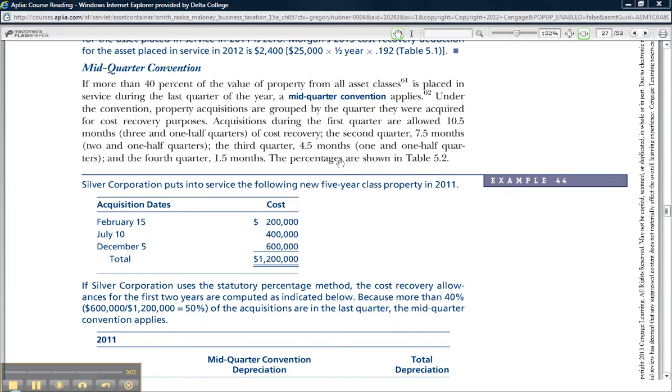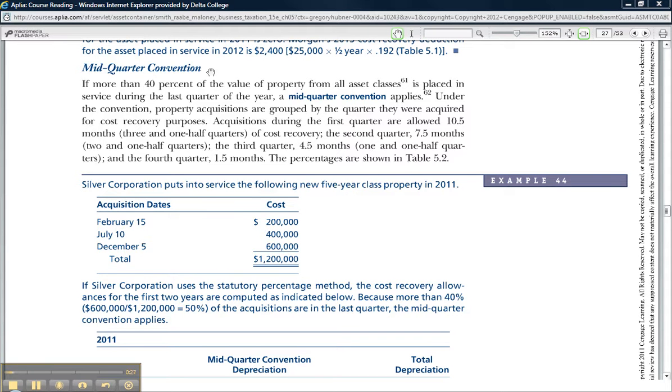Okay, a different convention can also apply to depreciating tangible property. It's called the mid-quarter convention. Whereas the half-year convention says you get a half year's depreciation in the first year of an asset's life and the last year, or any year you dispose of the asset, the mid-quarter convention says that in certain cases you have to treat all your assets as if they were purchased in the middle of the quarter that they